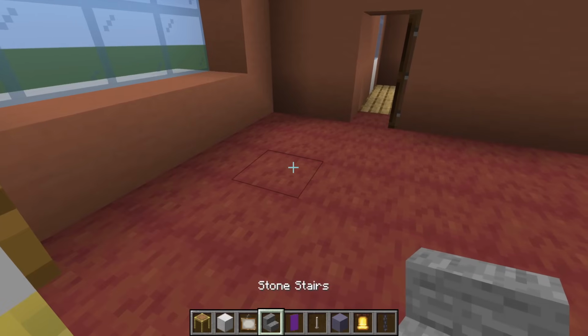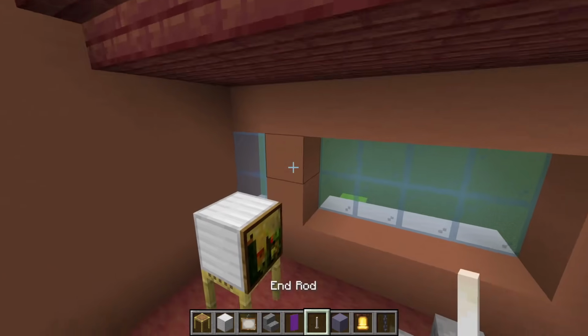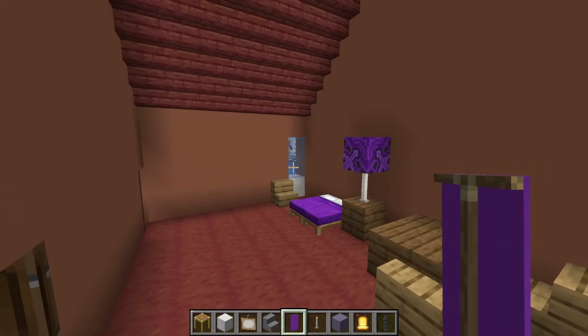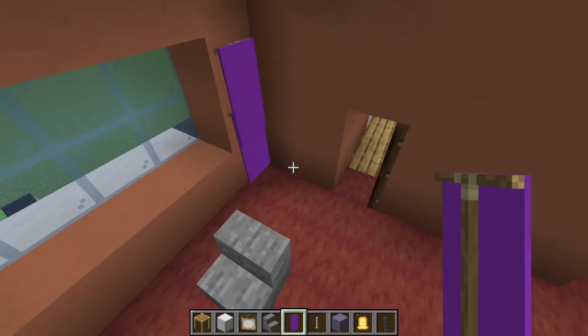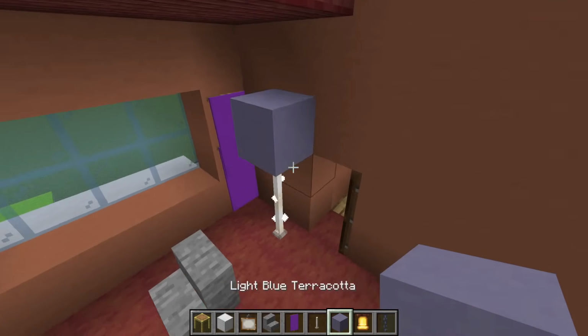Leave a gap of 2 in front of the scaffolding and place a stone stair. We then want to hang purple banners left and right of this window here. I'm considering if we should also just do it next to this window here as well. Then against this wall, 2 end rods on top of each other with a light blue terracotta on top of